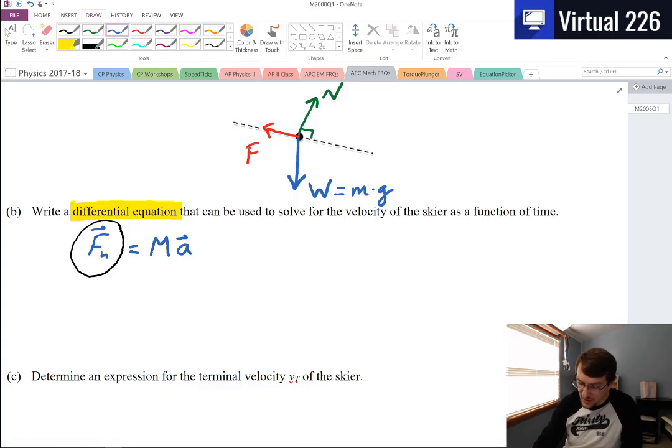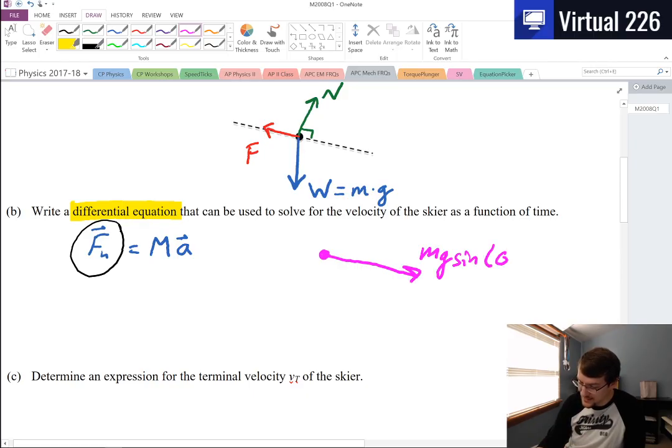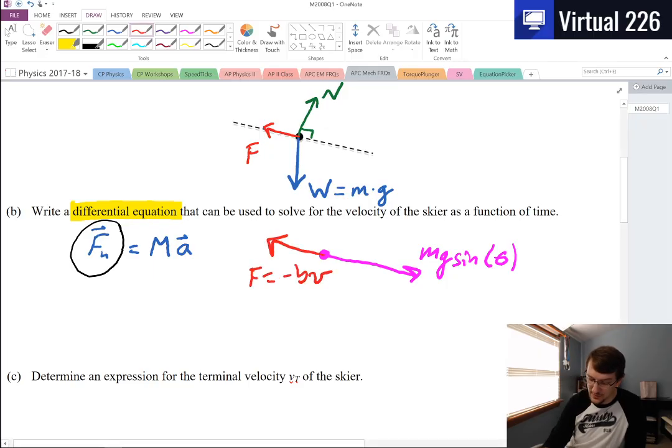It is a combination of the weight pulling down the plane and the friction pulling back. So we know that this weight component is going to act down the plane in an mg sine theta term. And then we know that this force, F equals minus bv, is going to pull back. So what we have for F net here is, if we take down the plane as